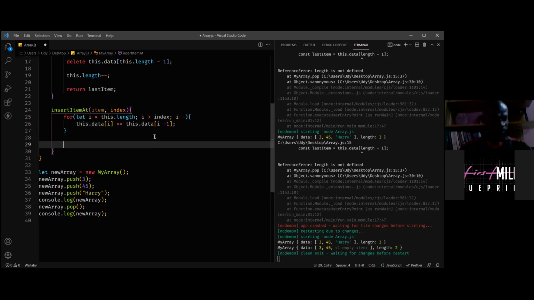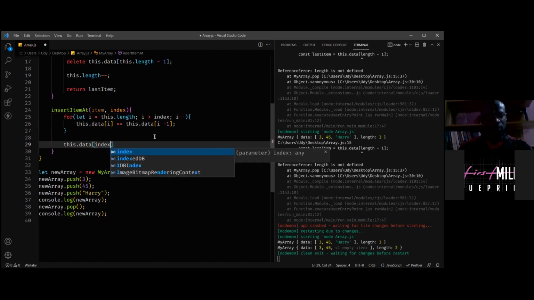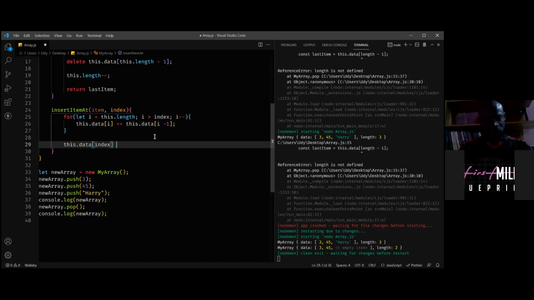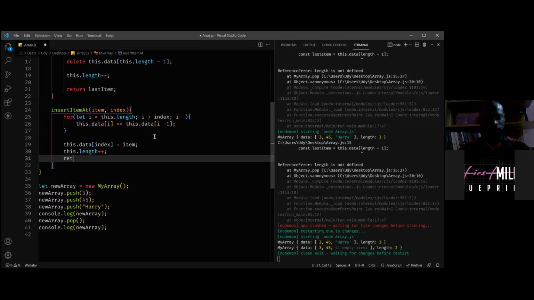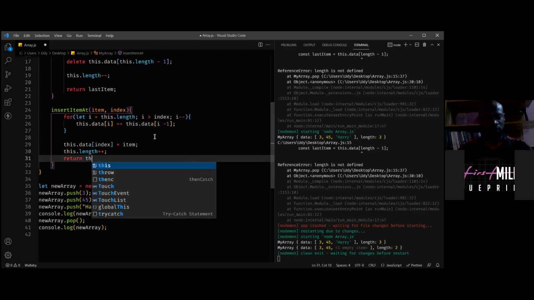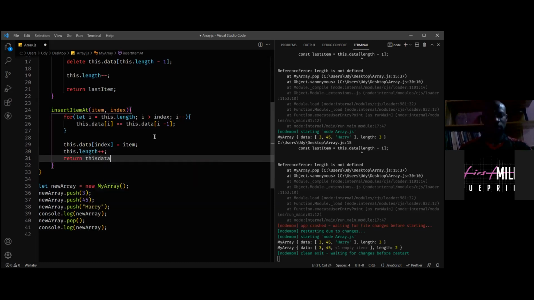So we can now say this dot data at index will be equal to the item. Because we've just added an item in the array, the length is going to increase, and we can now return this dot data.